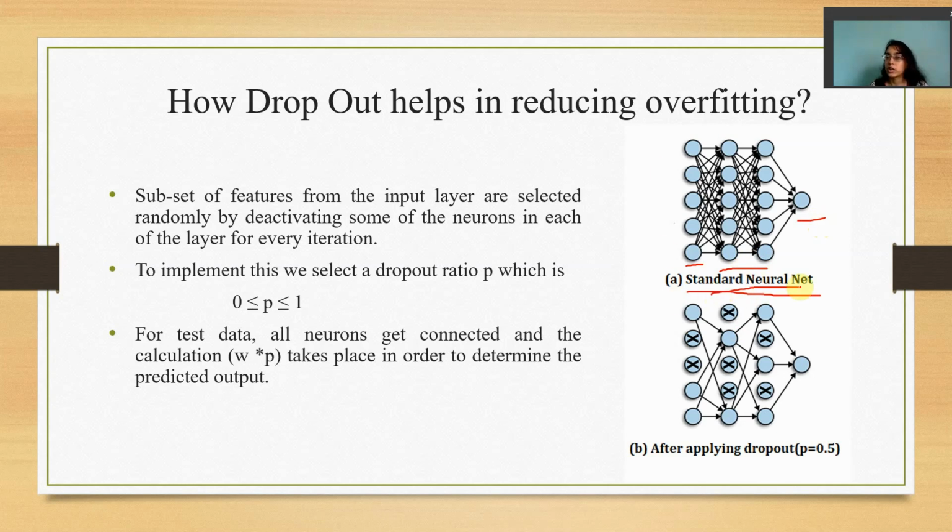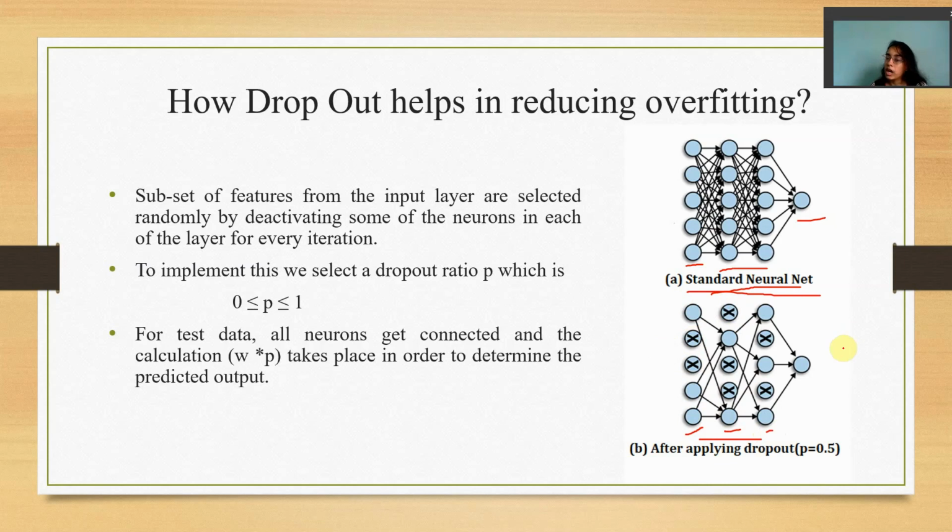Now what is a dropout? So consider this figure. Now you can see here that this is again the same picture, but in the first layer, that is the input layer, I have put a cross mark on 2 neurons. You can see that I have put a cross mark on each of the layers. In the first layer I have put a cross mark on 2 neurons. In the second layer or the hidden layer I have put a cross mark on 3 neurons, like this.